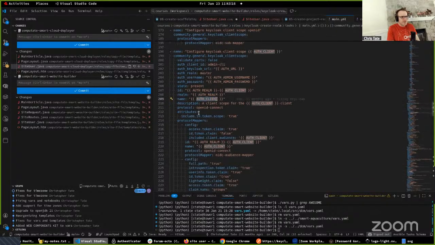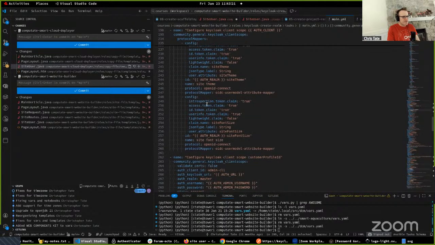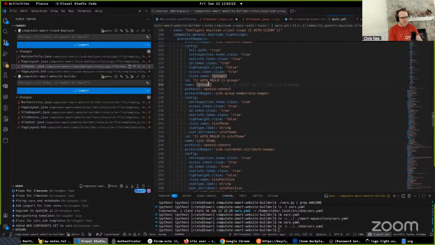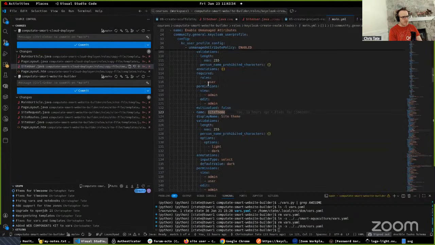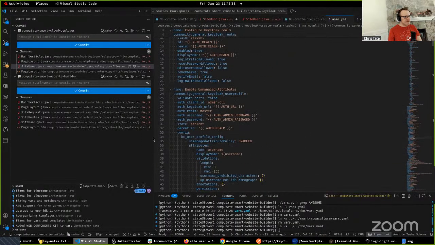So we specify the realm and client, and then we go and create these protocol mappers. So slash site theme, for example. And then here, this is Keycloak user profile